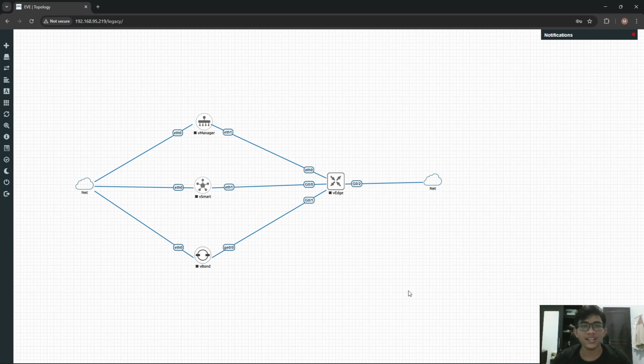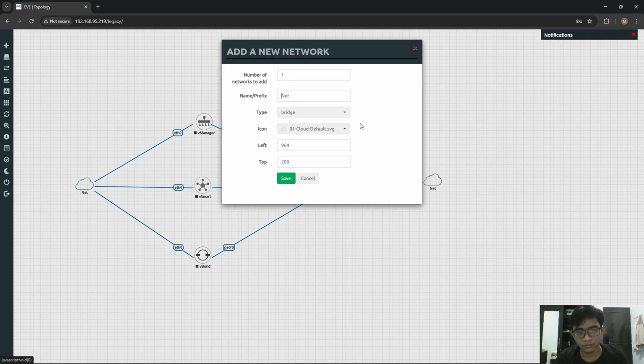SD-WAN architecture overview. For the topology, there is something wrong.